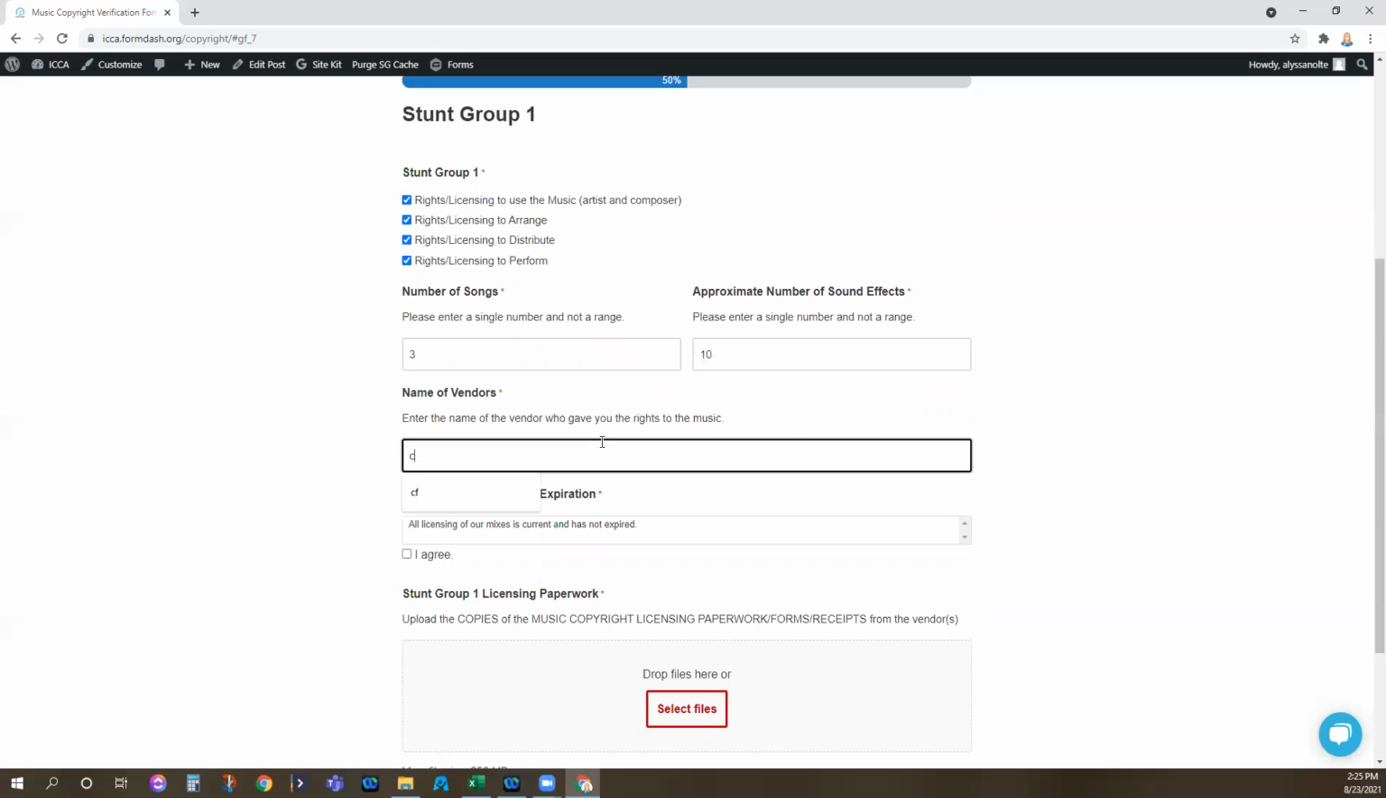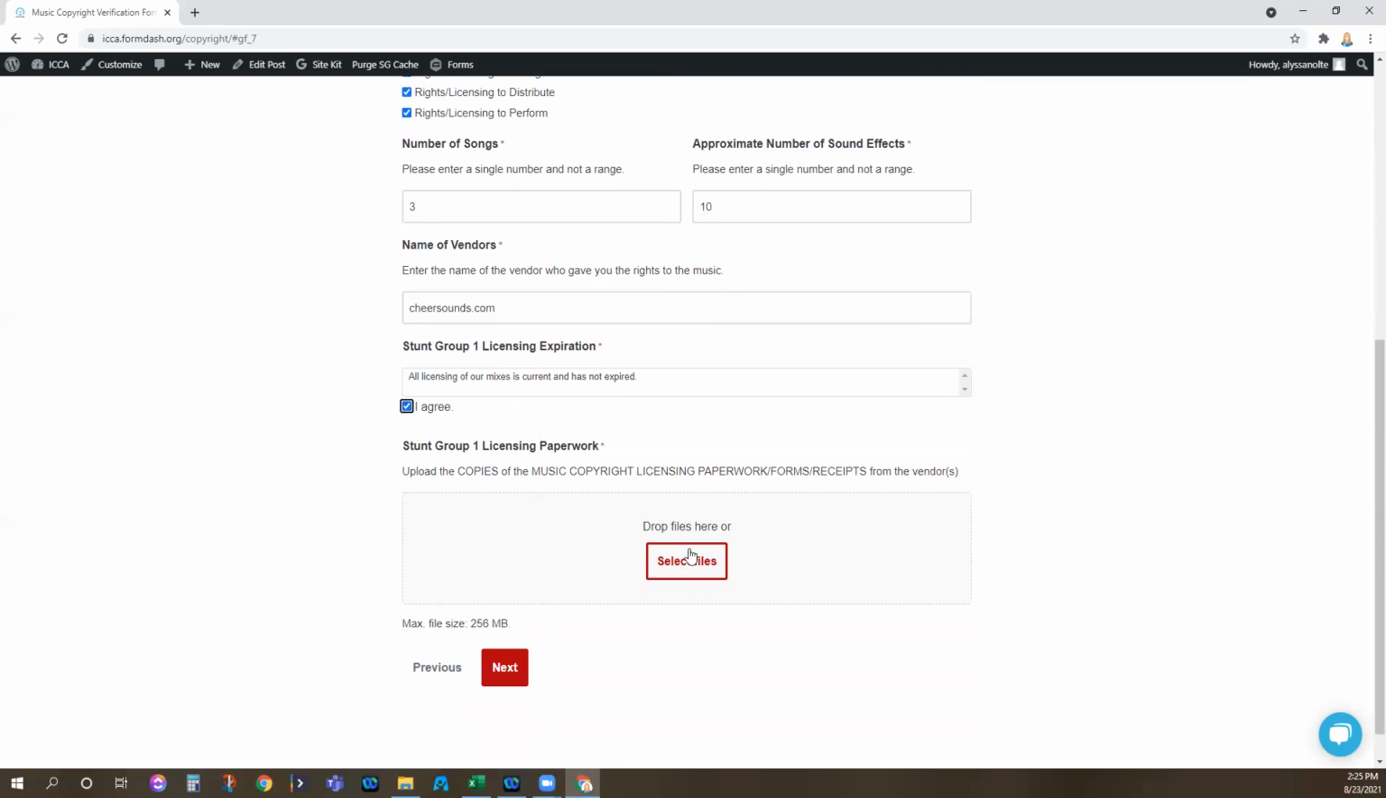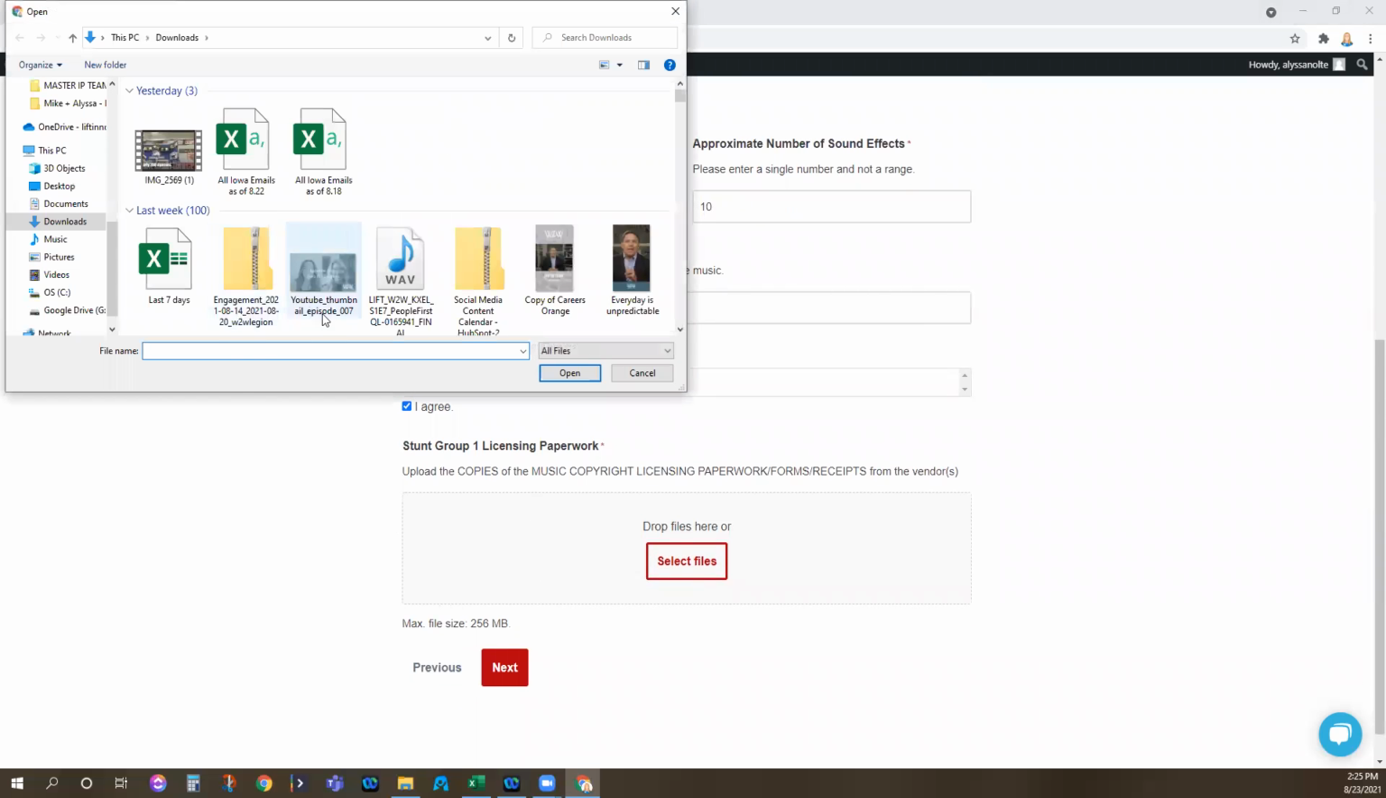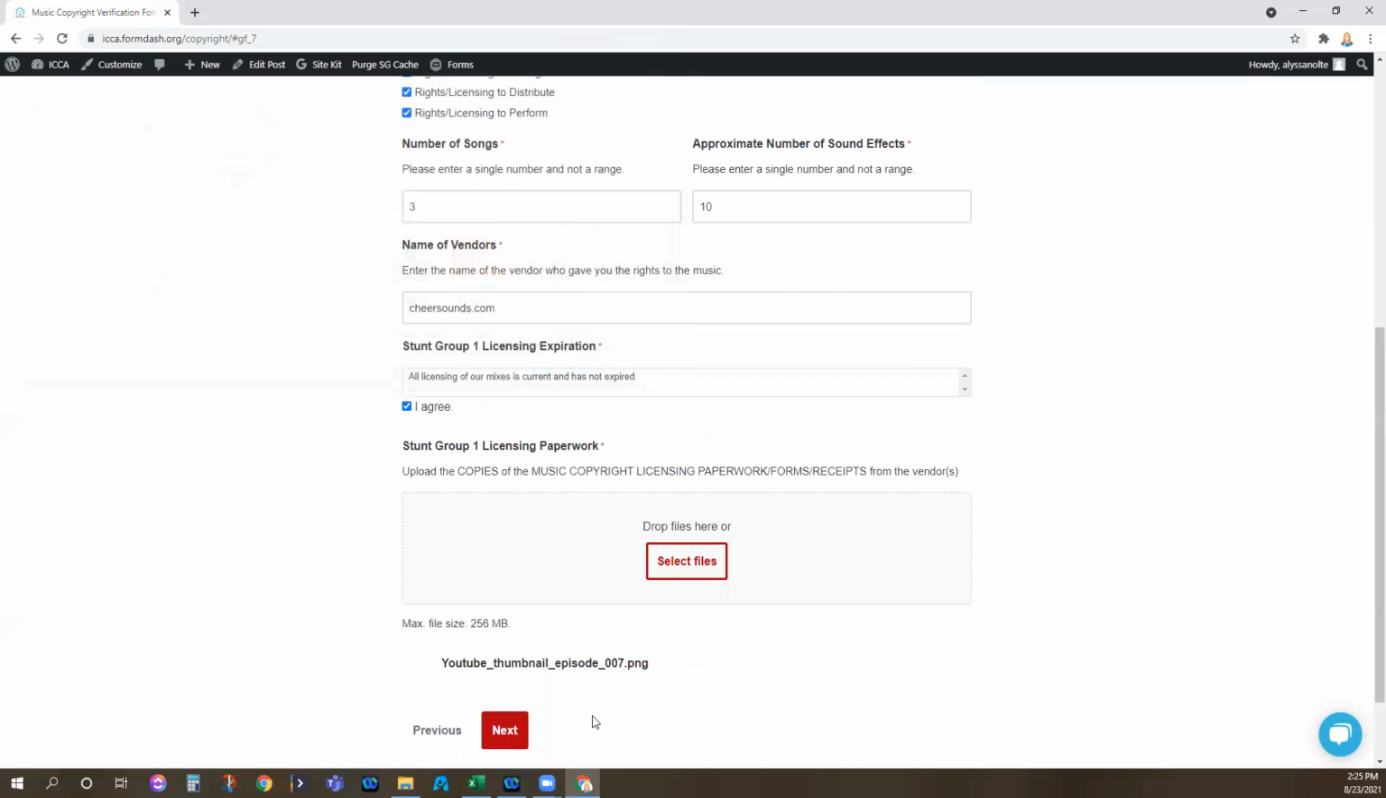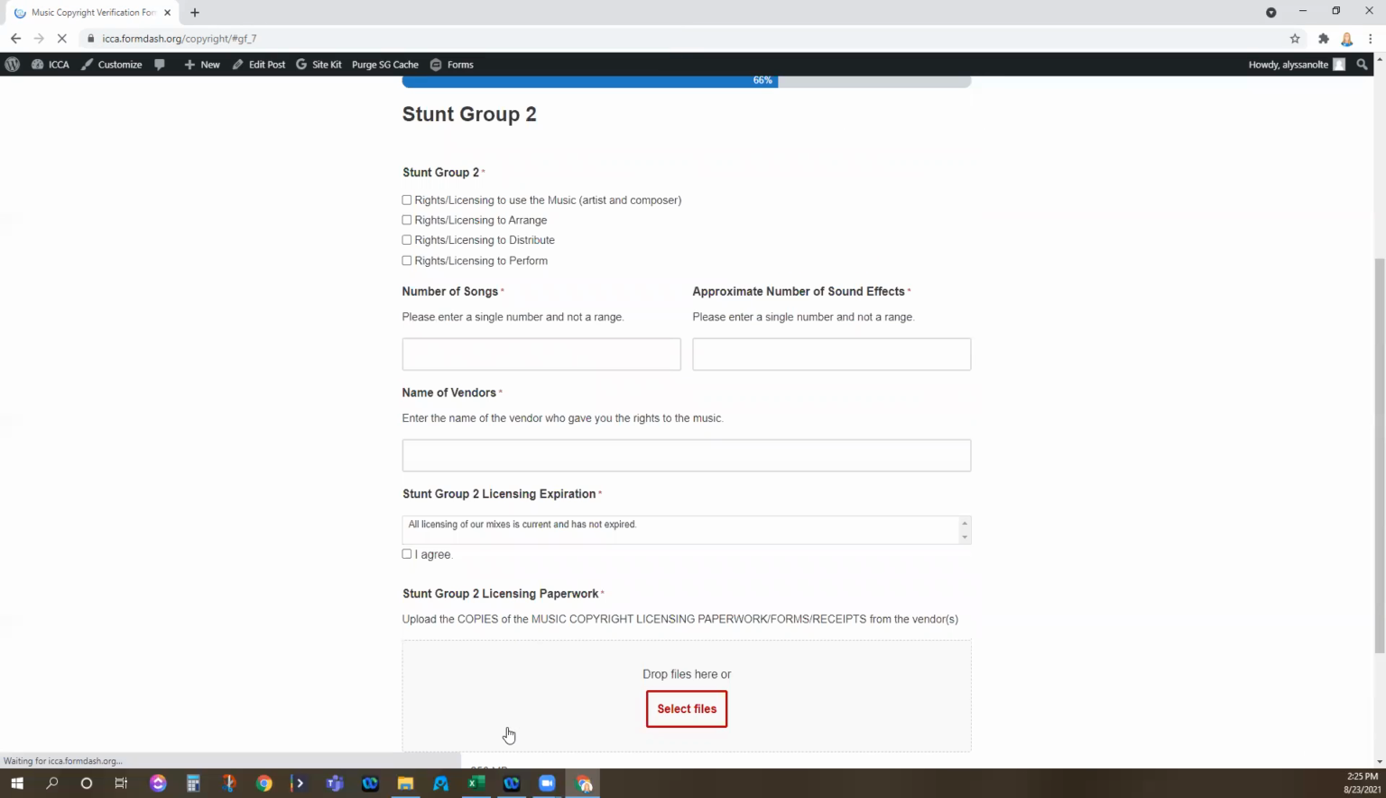It's also from cheersounds.com. It is current in its licensing. And here is the file. Now, once it goes bold, again, it has been uploaded. Hit next. Stunt group 2,